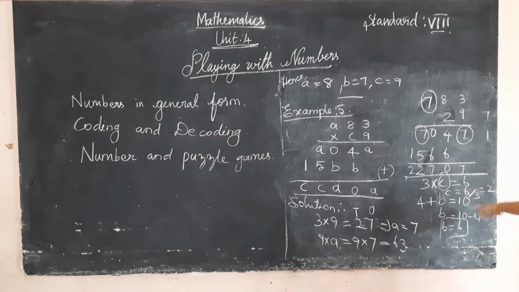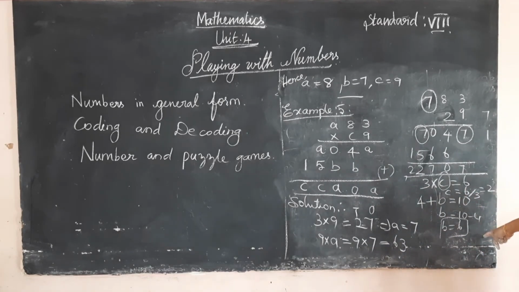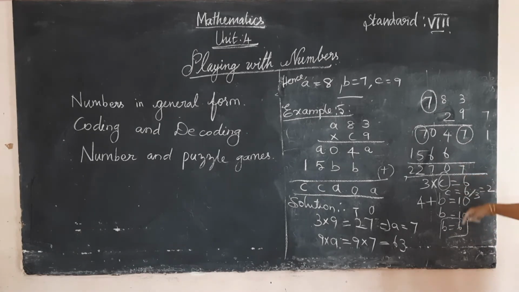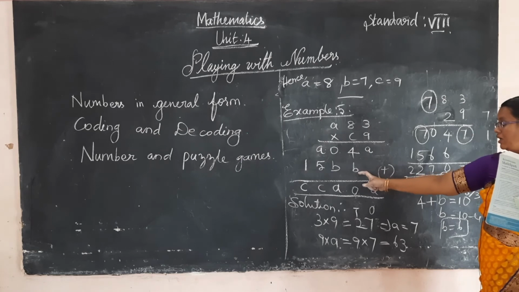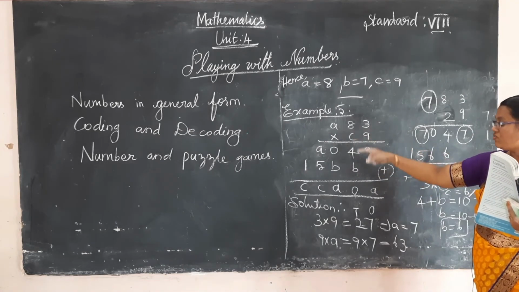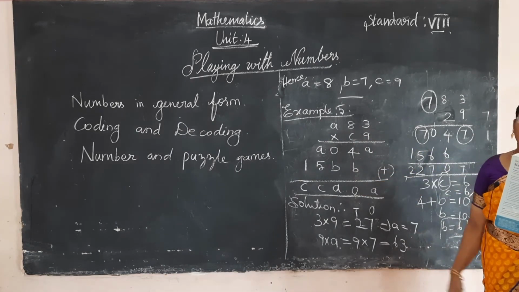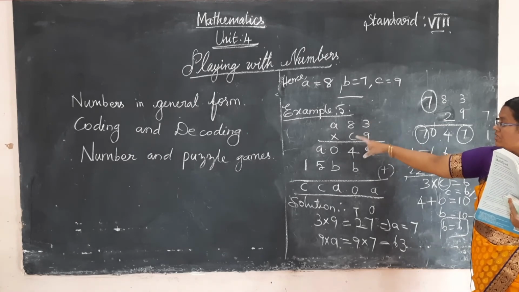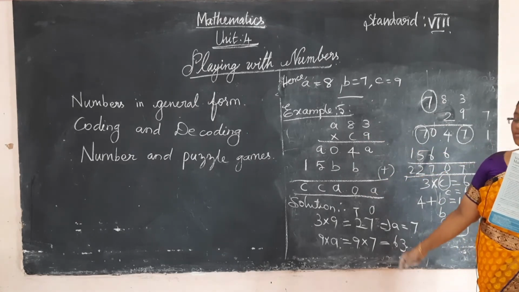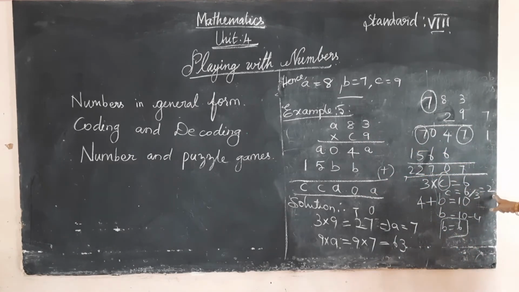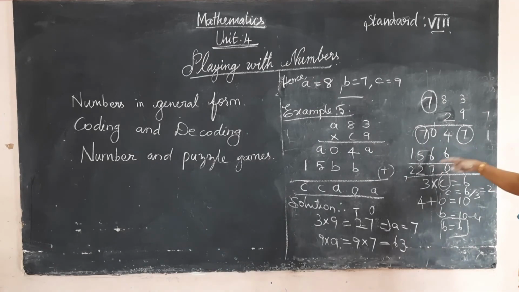How can you find it out? Do you understand the concept? The sum of the value is 10, so we find out the B value. After multiplying, this value is equal to the B value. 3 C's are the B value. So multiply and find out the value of C. Now substitute, we get the answer.